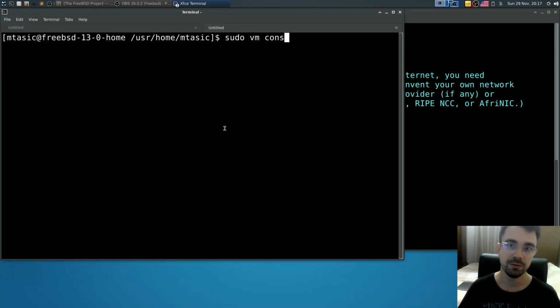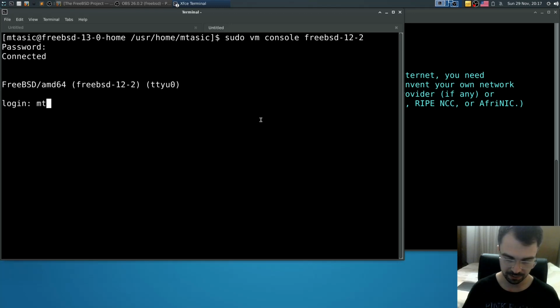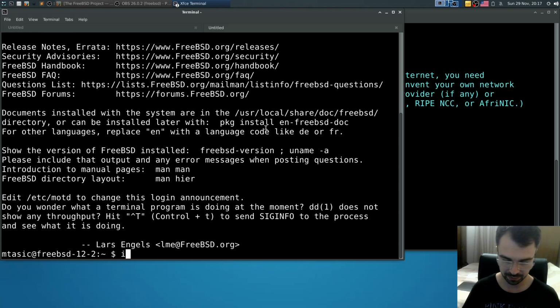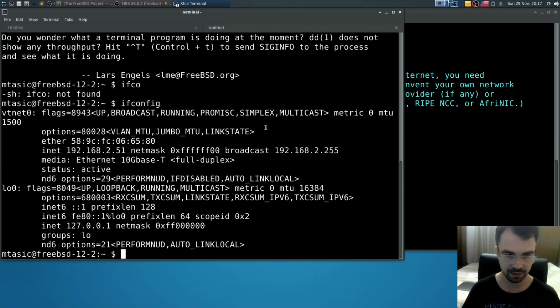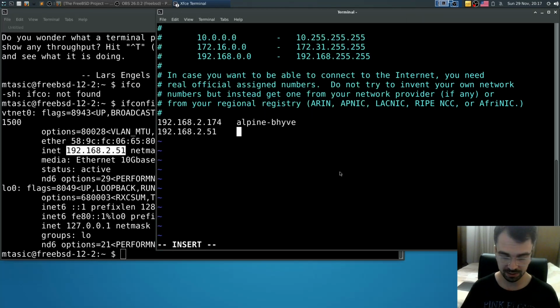Sudo vm console FreeBSD 12.2. Connected. Login as mtasic. Config. So the IP address is this one, and that's freebsd12.2.beehive. Okay.